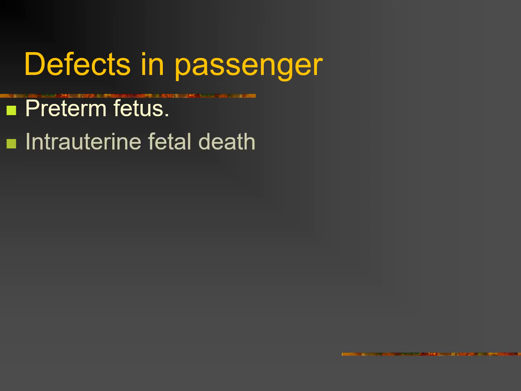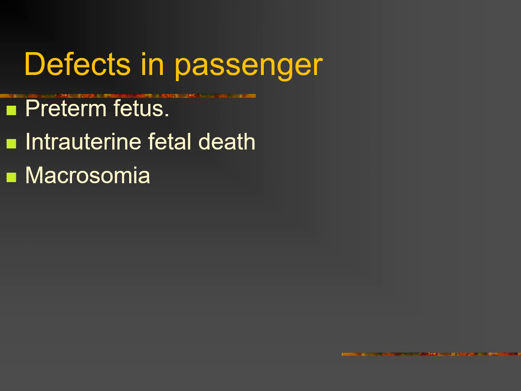And next one is intrauterine fetal death. In the case of a dead baby, or in the case of IUD also, the same thing, the baby will not maintain the normal well-flexed position. So there is a chance for malposition. And fetal macrosomia, that is a large size baby. If the size of the baby is more than 3.5 kilogram or more than 4 kg, usually you can see it in the case of gestational diabetes, maternal diabetes, that is one of the causes that may lead to fetal macrosomia.